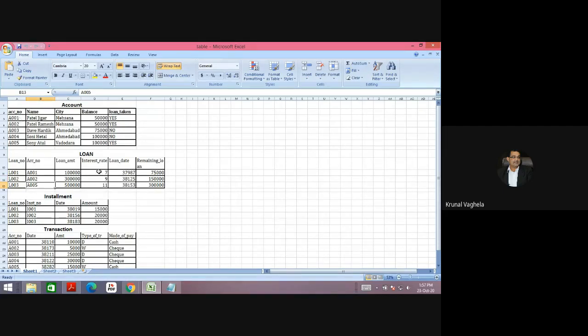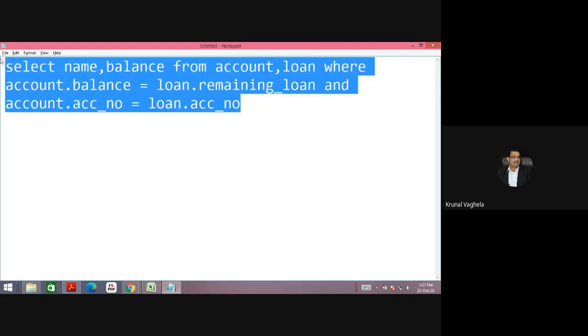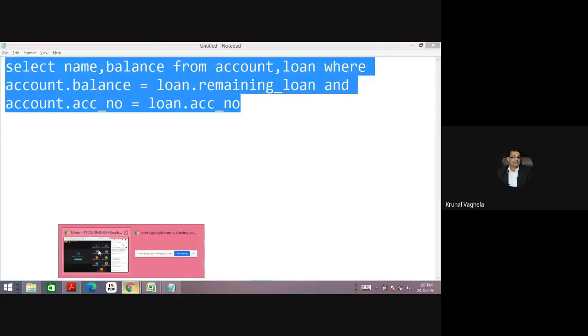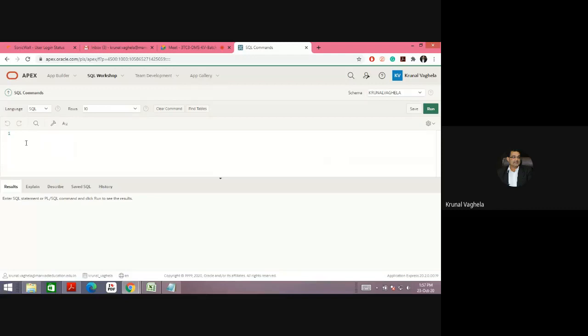So I need to compare these also: account dot account underscore number is equal to loan dot account underscore number. Let's see if I have any such record. No, I don't have any such record.